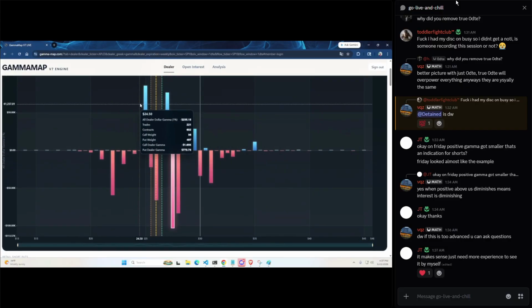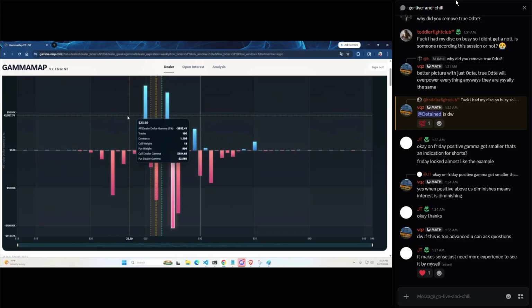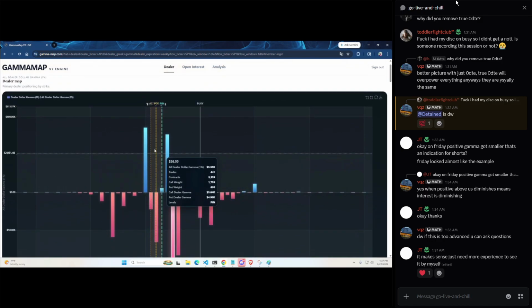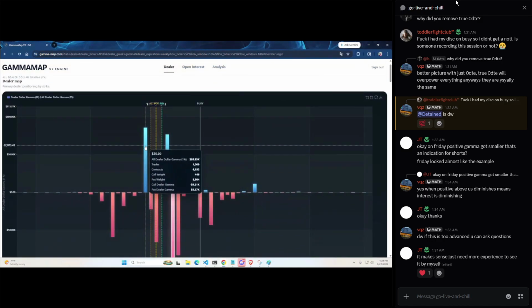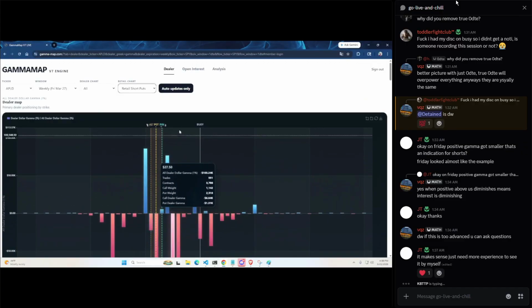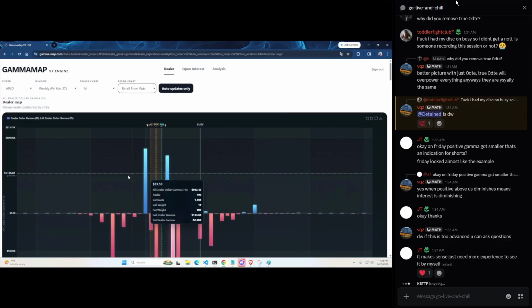So like I said, this is going to be a support. But if we lose 25, we could flush. It's a gamma squeeze down, right? So far we're seeing chop between 25 and 27 for this week. That's how I would look at it. If this was real time, obviously tomorrow when trades open up, we're going to see a different picture. But this is what we have so far for Friday from all the trades that are opened.